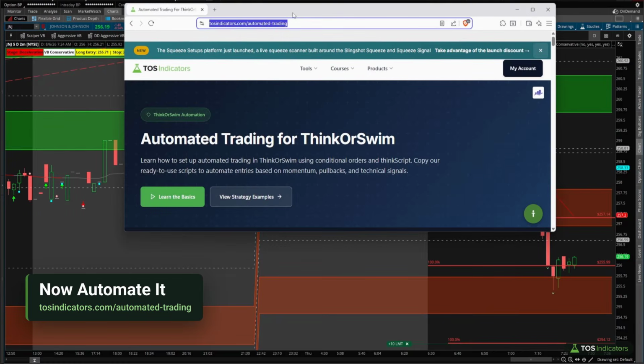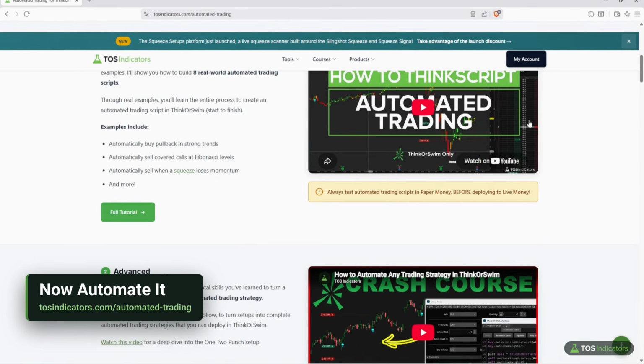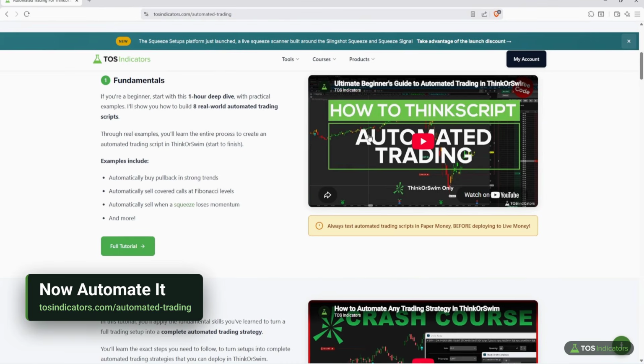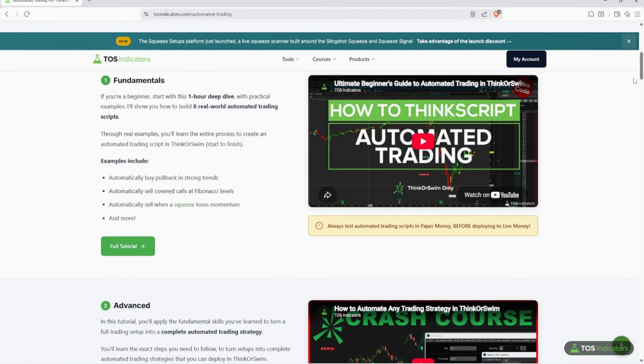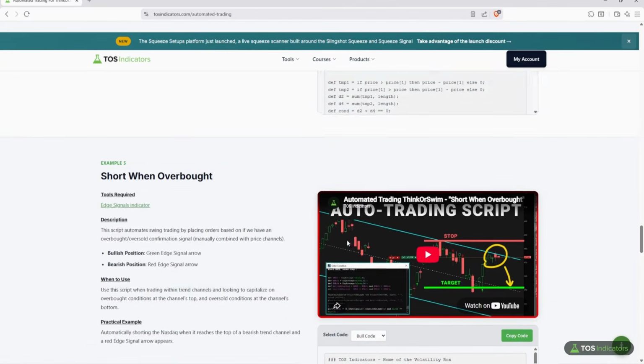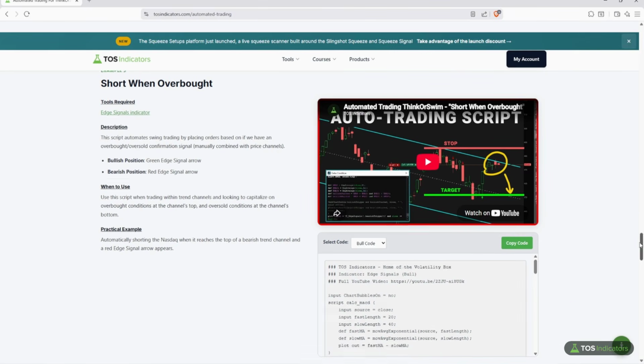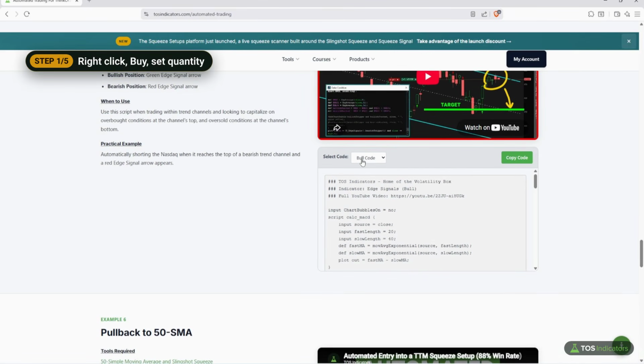If I come into our website, tosindicators.com/automated-trading, you'll find that there's some examples here. There's longer tutorials which help build you fundamentals, a good foundation, and then there's specific examples. So let's say I wanted to buy Johnson & Johnson whenever we see that green edge signal confirmation. Well, that's example number 5, where you'll see the tools required is the edge signals indicator. The bullish position is the green edge signal arrow, and all I need to do is take the bull code,